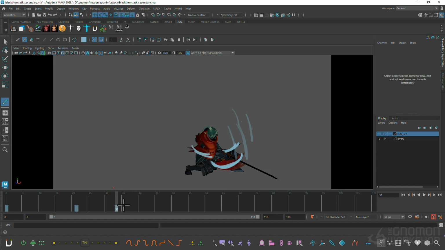Any opportunity is a good opportunity to exaggerate that and give a really nice feel, especially if we're doing a stylized animation. It's gonna be a perfect opportunity to add more texture to it. And then another